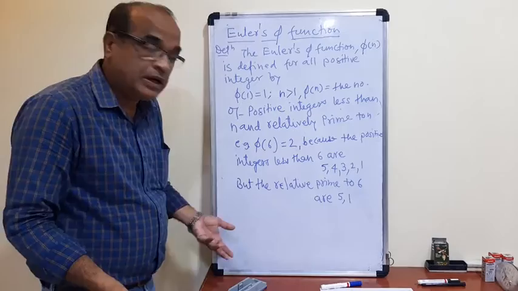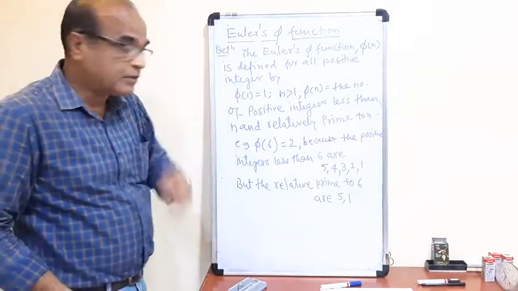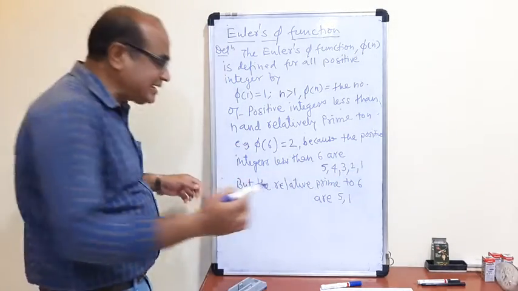Why 5 and 1 only? Out of these, only two numbers, 5 and 1, are relatively prime to 6 because